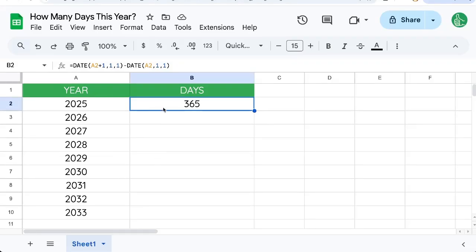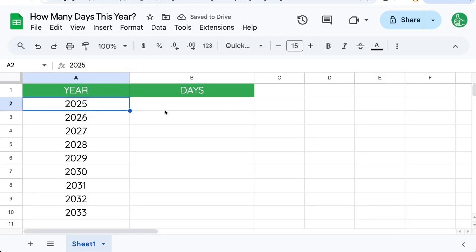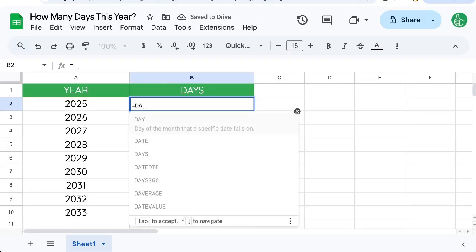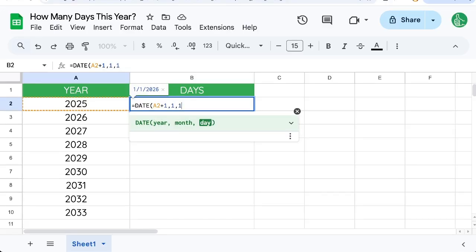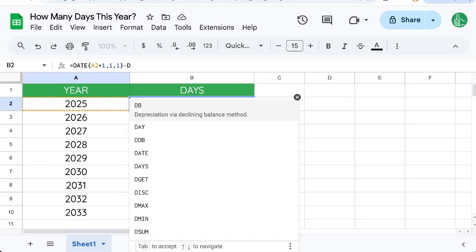This is how to figure out how many days are in this year. This is great to find out the number of days or leap years, that kind of thing. So what we're going to do is we have the year here, and we can just take a date, which is this year, plus 1, and comma 1, which is January 1st, and then subtract exactly the same thing